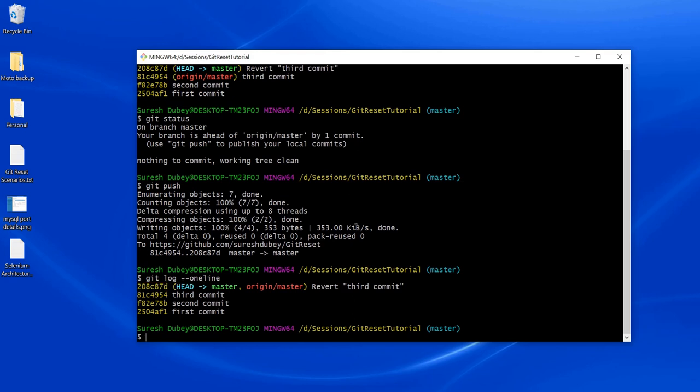A few of you might be thinking we could have easily used the reset command, git reset with HEAD~1, like we discussed in part 3, to revert the commit from the repository. The reset command would revert your commit itself from your local repository. If your commit is not pushed to the remote repository, until that time you can use reset. But reset will not help here, because if you try it, it will make changes to your local repository, and as soon as you try to push the changes to the remote repository, it will throw errors.